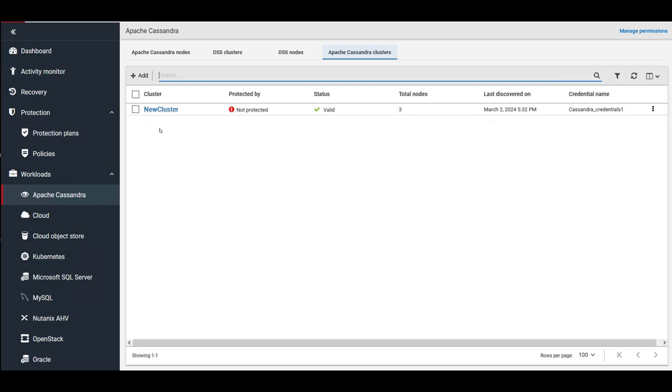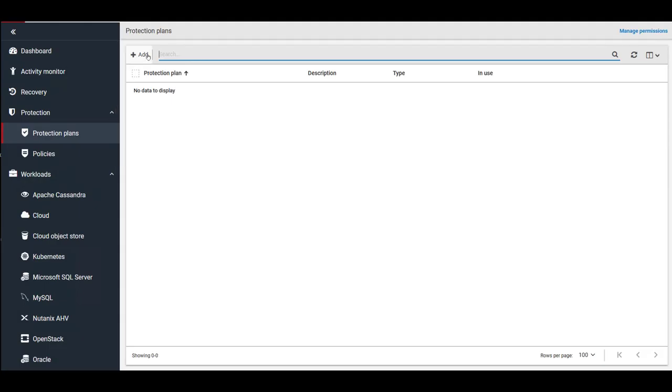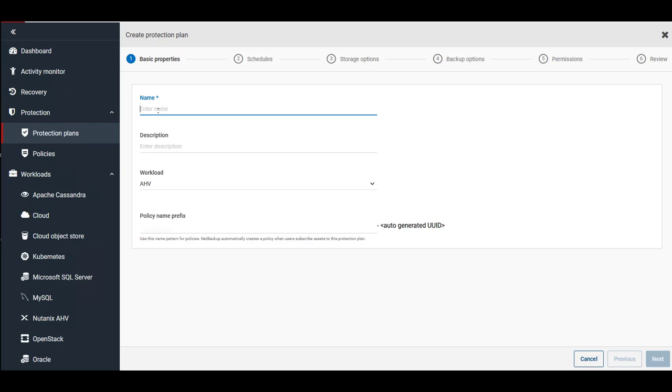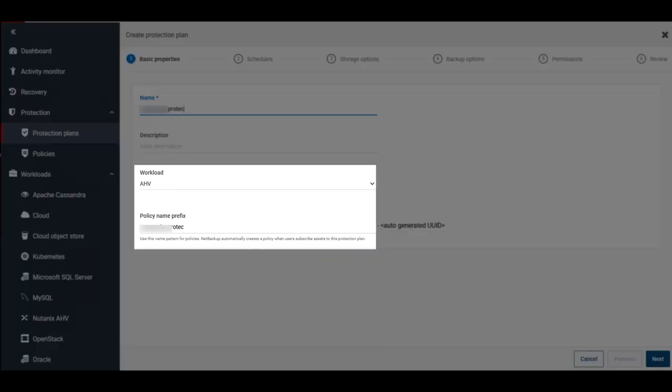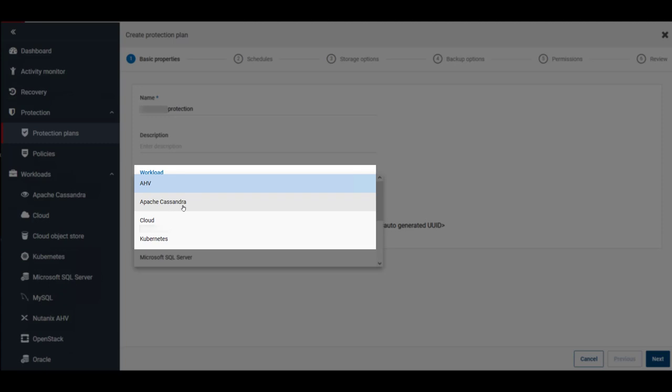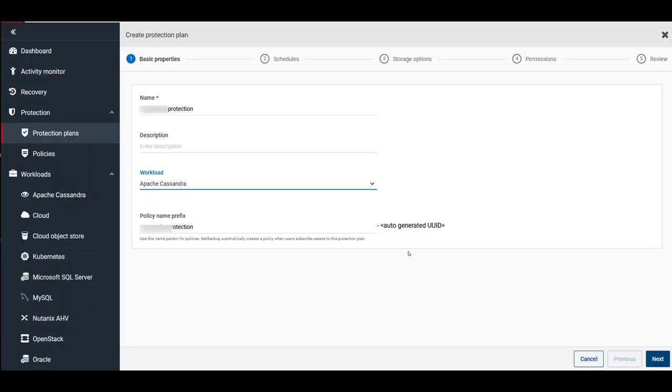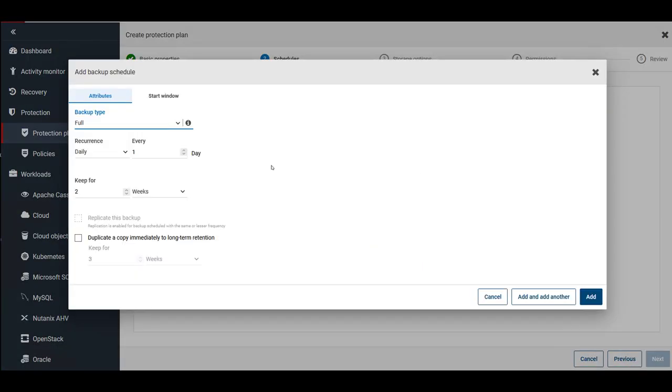Now that we have our production cluster added, we need to protect it using a protection plan. So I'll click on Protection plan, click on Add to add a new protection plan, give the protection plan a name and select the workload as Apache Cassandra, and then click on Next. Click on Add schedule.